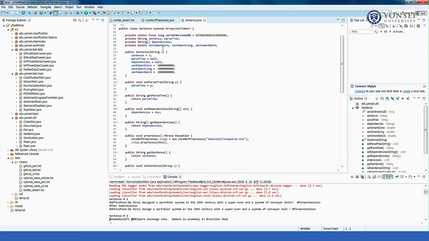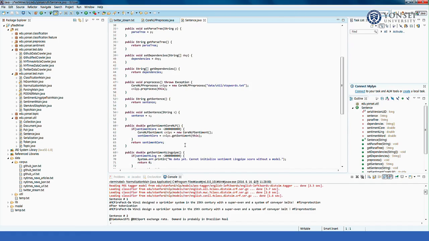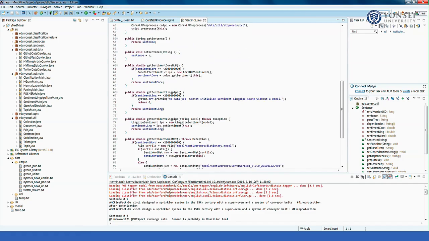All of those are quite useful for later text mining applications, and we'll talk about them in later lectures and lab sessions. Aside from the get and set methods and the preprocess method,